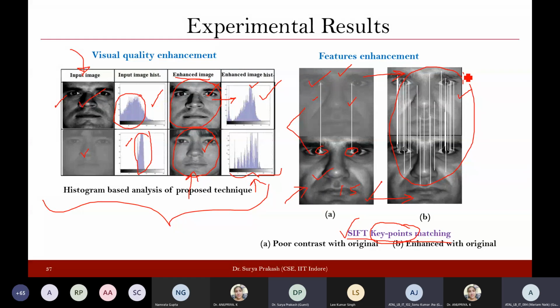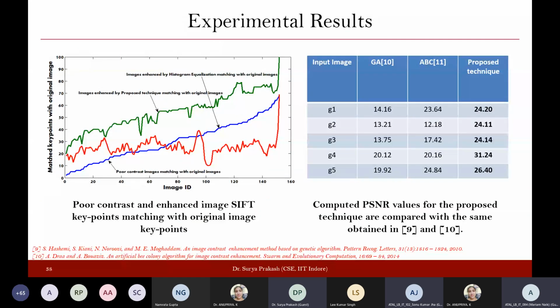So this also shows that the quality of the images is increasing because of the use of this algorithm. Okay, this is another demonstration of the result where you have